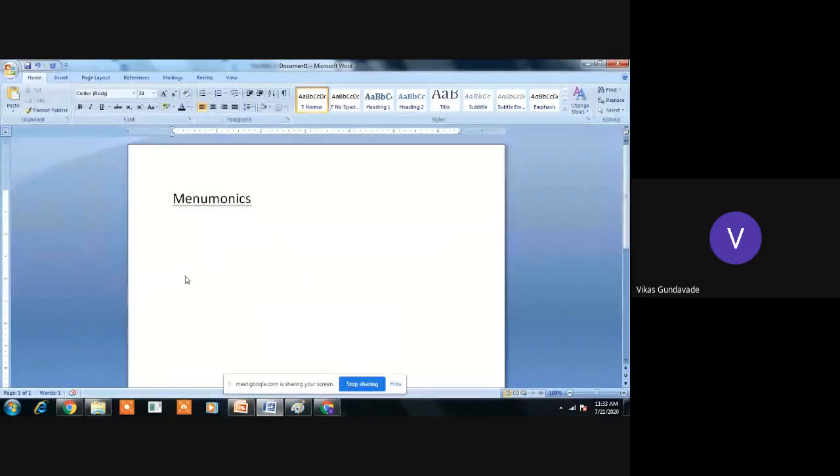These mnemonics are in the form of ASCII codes, which we are writing in the computer.